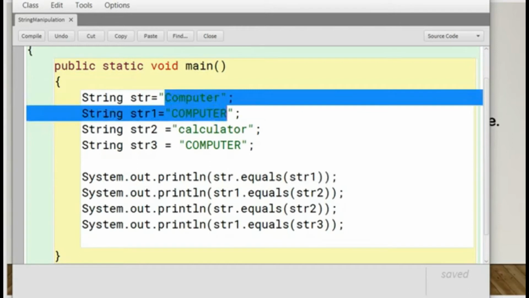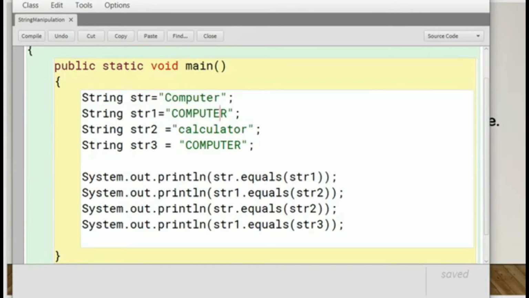Let's work out with the first comparison, str.equals(str1). We are checking whether the string str, meaning Computer, is equal to the next case, str1, whether the two strings are equal or not. In this case str has the first character capital C. In the next case str1 has the first character which is also capital C. So both are equal, but all the respective characters after that remain unequal, since the first string has the lowercase character and the next string has the uppercase character.